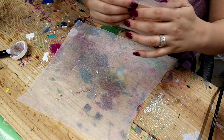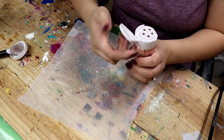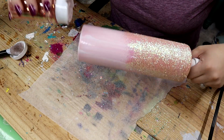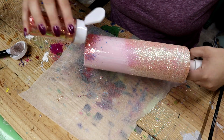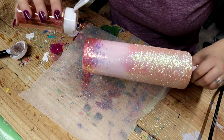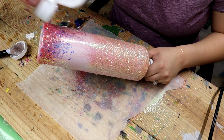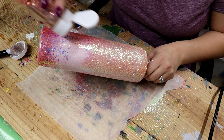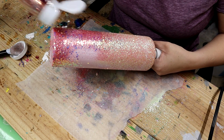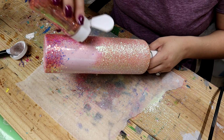Glitter really goes a long way because you don't put as much on a tumbler as you think, and it can be reused. So now I'm going to do the exact same thing with this glitter called Fetish from the Glitter Grind. I'm only doing it on the bottom. So I got my cup covered about an inch all the way around, tilting it the other way and letting it fall. And something that I like to do when I do chunky ombres like this, and I will of course show you once I get everything on here,